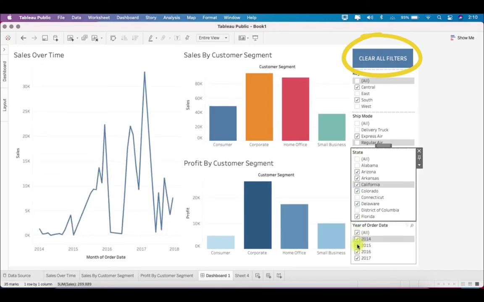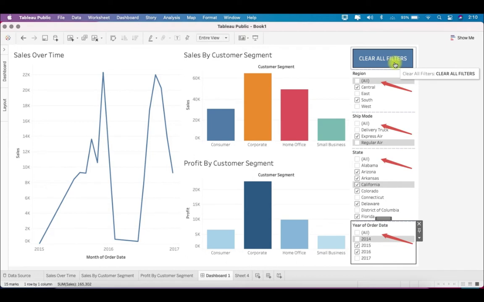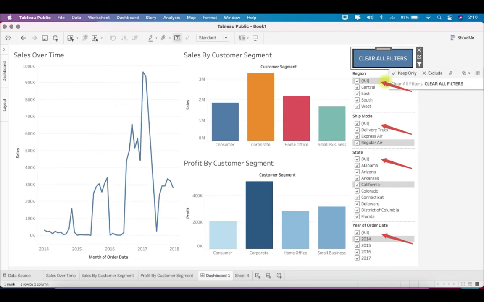Let's say I have deselected a few of the filters. Now with just one click on this button, you will see that I have reset all the filters. Just closely watch this. See, each and every filter is now selected all, right, with just the push of one button. So this is the trick which you can employ in your dashboards also.